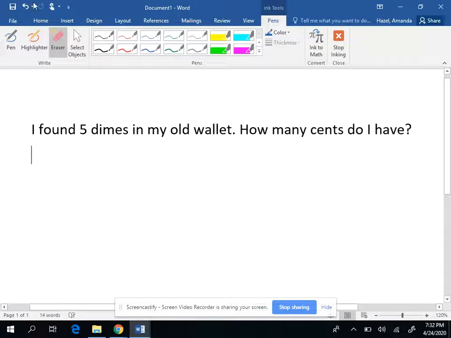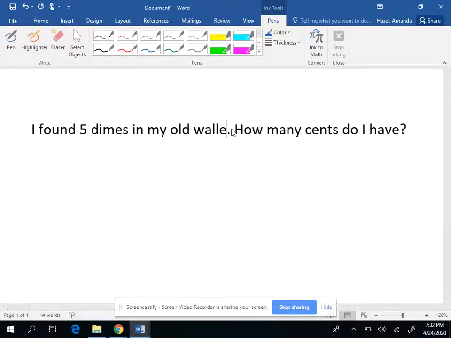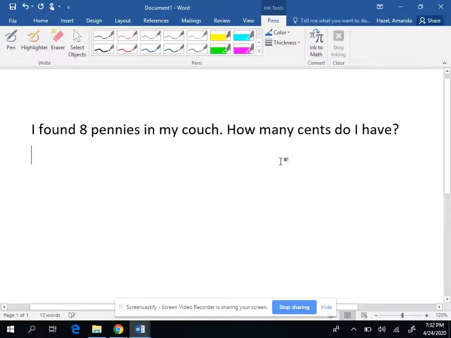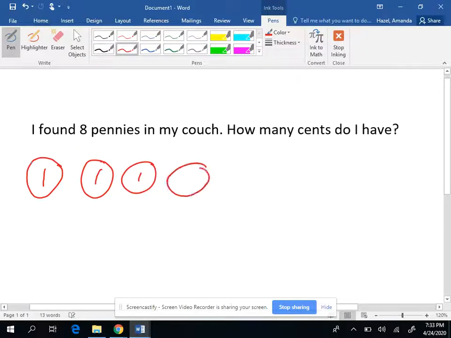Now, I also found 8 pennies in my couch. How many cents do I have? All right, so how many cents are in 1 penny? Right, 1 cent. So if I have 8 pennies, each one is worth